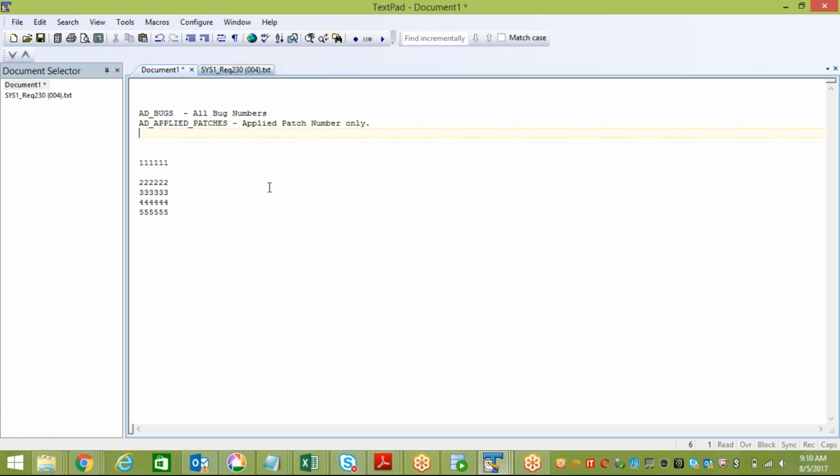It contains all the bug numbers, meaning in this example, let's say I'm applying this patch. This is a mini pack, let's say. This mini pack is the combination of all these four one-off patches. So now when you apply this mini pack, AD_BUGS contains, after applying the patch,